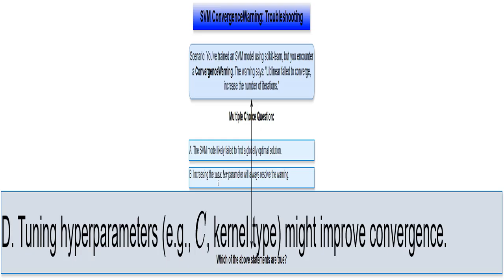It can adjust some settings, hyperparameters, to potentially help the algorithm find the best solution more easily. Think of C as a dial that controls how much the model cares about correctly classifying every single data point versus having a clean margin of separation between classes. The kernel defines how the model transforms the data, altering the complexity of the solution space. I might need to tweak those settings to improve